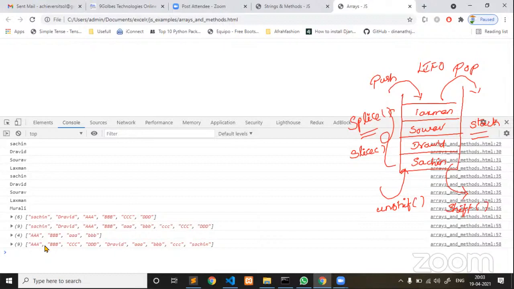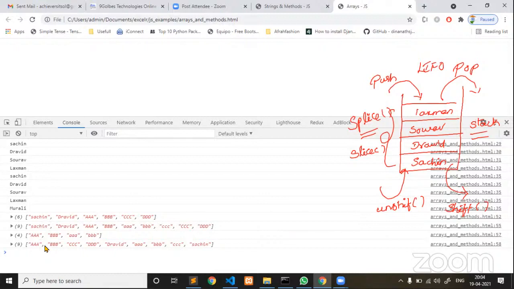Now string is also one way of storing information. Even array is another way of storing information. The difference between string and array: string stores a single value, array stores multiple values. It is like when you are going to college, maybe you take one bag, maybe 2 to 3 notebooks. In case you are traveling back to your hostel, all the books you have to carry to your hostel.